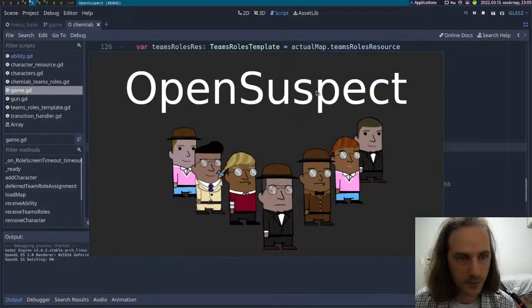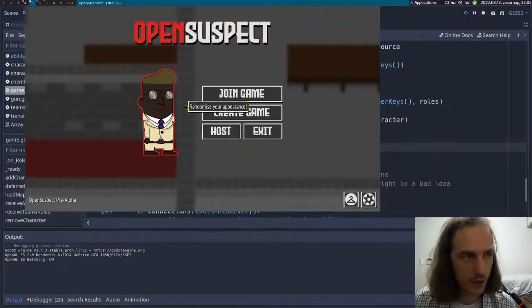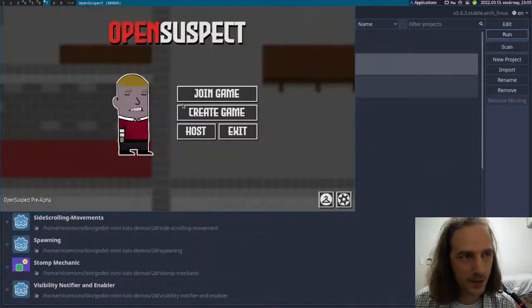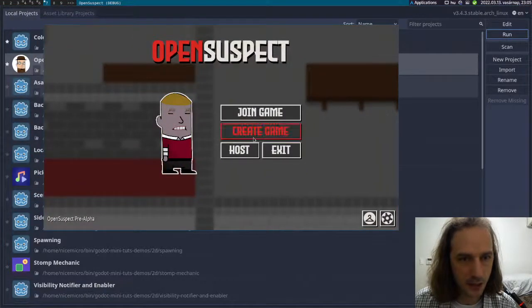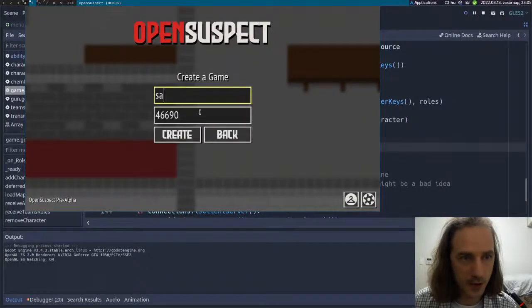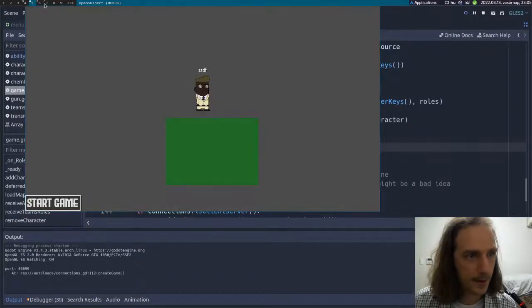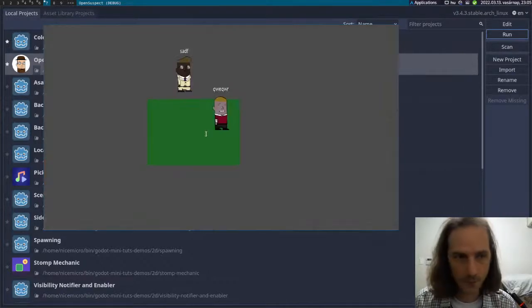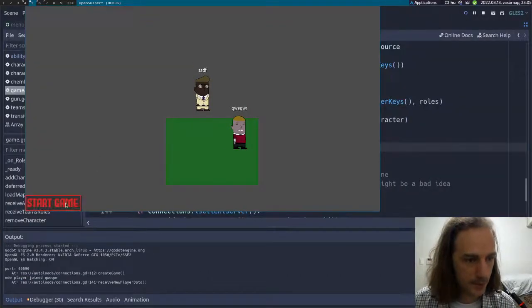As a server, but I am quite sure that this should not happen. So that RPC should not be done. No, I need to debug the server right now. So if I start the game,